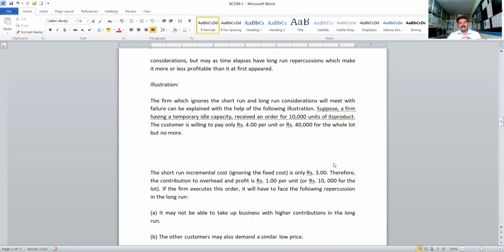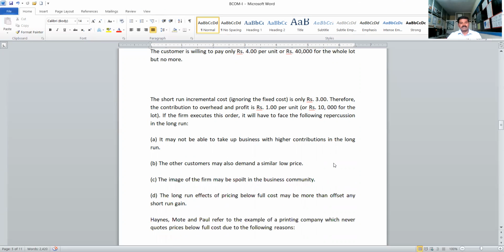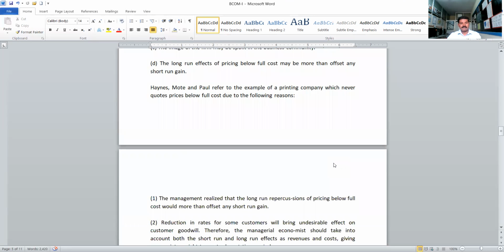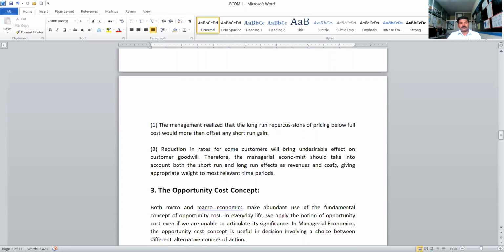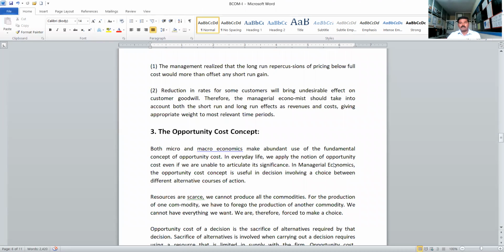The short run incremental cost is only rupees 3. It contributes to overhead and profit rupees 1 per unit. And if the firm executes this order, it will have to face some problems. And we are going to the third point,